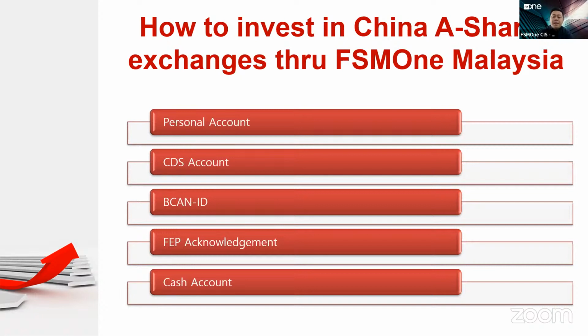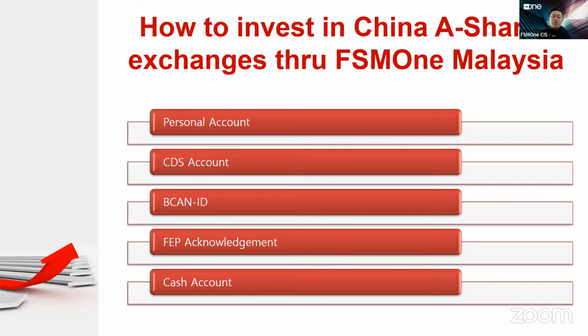Therefore, you will need to open a CDS account in order to access the stock trading page. Without a CDS account, there's no way for you to access the stock trading page on our platform. Please rest assured that the CDS account opening will take only 1 to 2 hours to activate if you submit the request during the Bursa trading hours. Next, once your CDS account is activated, you are able to access our stock trading platform.